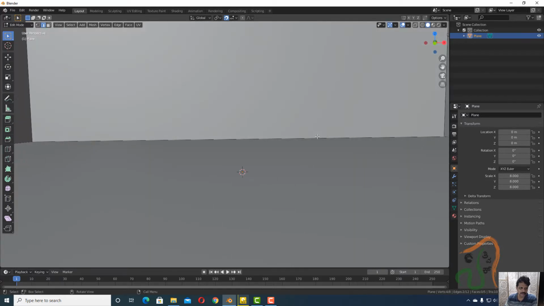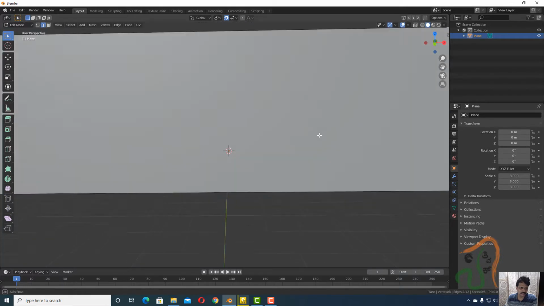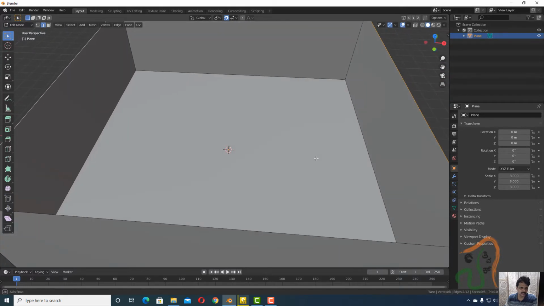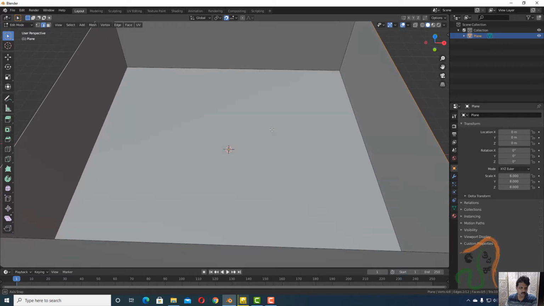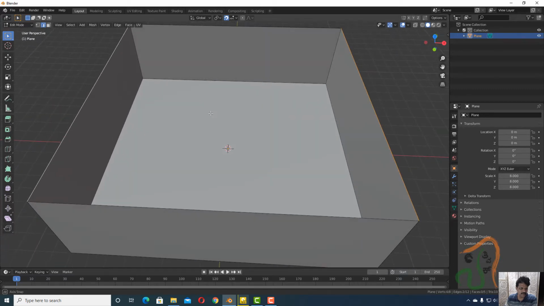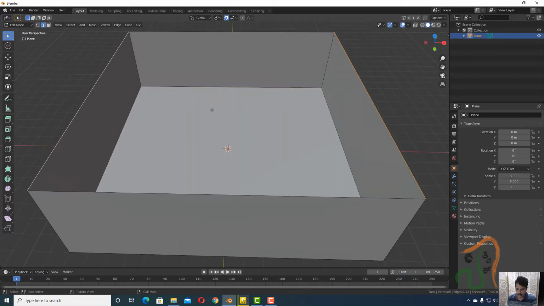Just come a little to the top like this. Let us come to this kind of view now, top view. Okay, this is fine. With this top view, press Ctrl R to add an edge loop. Now roll the mouse once.